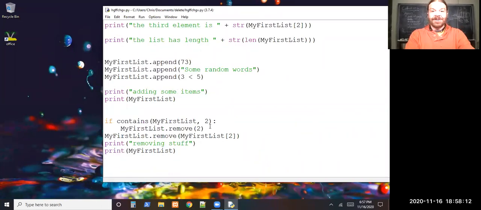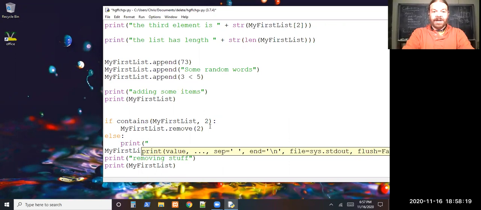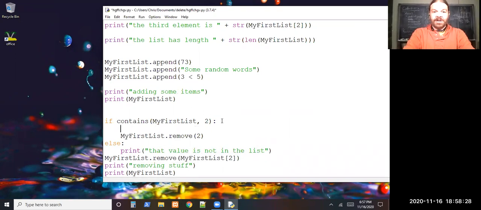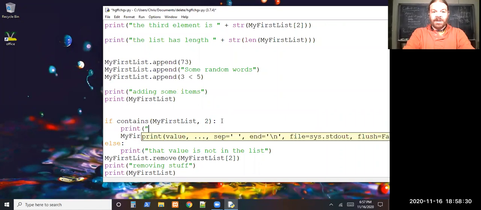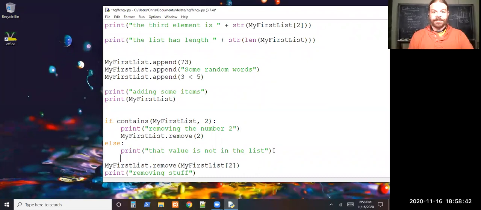So might as well add another thing here, an else statement, and print that value is not in the list. If it is there, we'll print removing the number 2. Just a couple labels to help clear up what is going on there. Now when we run it,